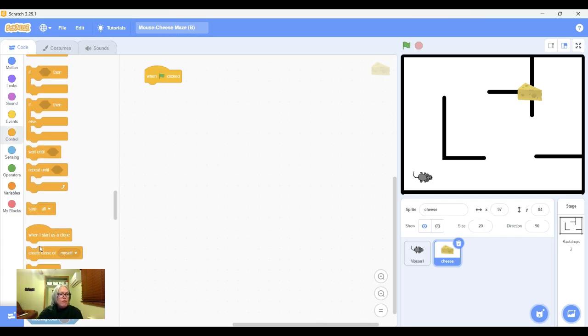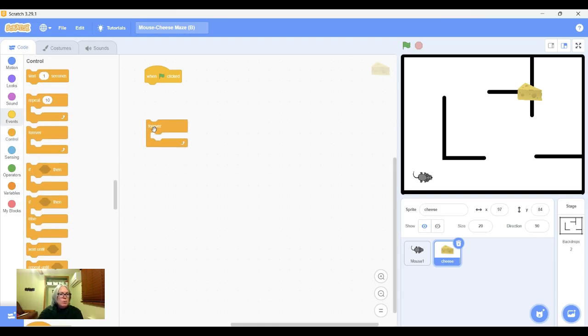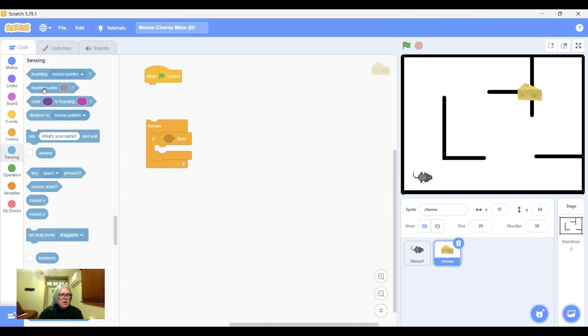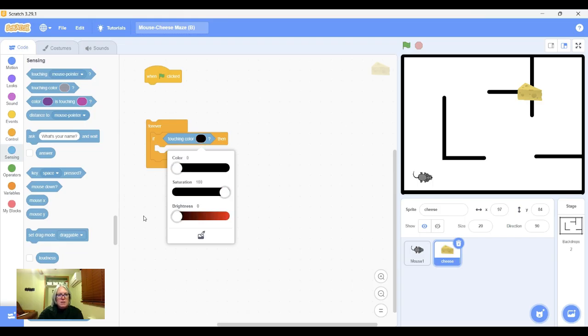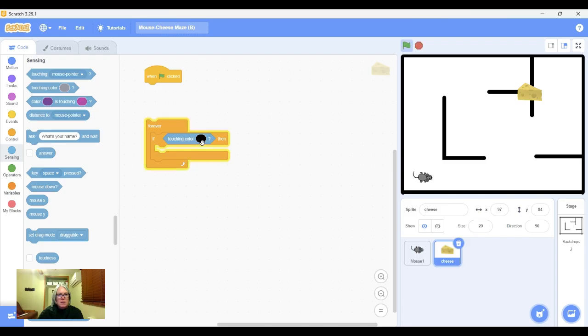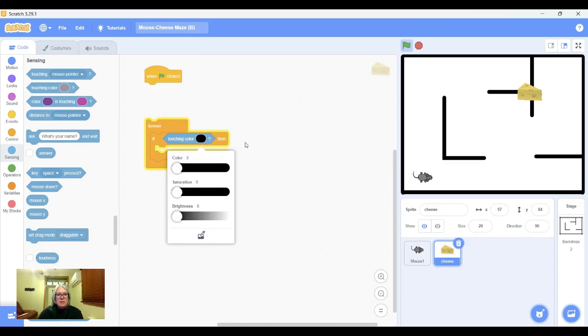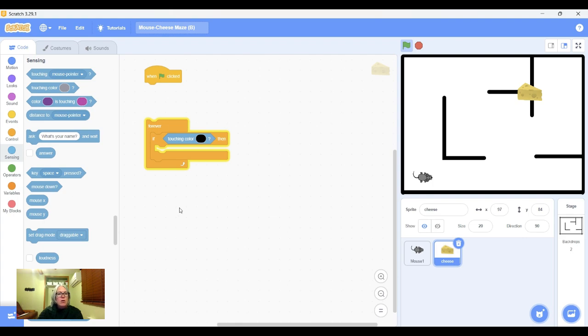We're going to look at that forever loop like we've done before, because we want it to be checking forever if it's touching the wall. You might remember that I might need an if else, but we'll change that later if I do. So, if touching color, we're going to grab that black color again. Remember, it went to 0, 0, 0 last time. Let's see if it does it again. It does. So black is 0, 0, 0. So if it's touching color 0,